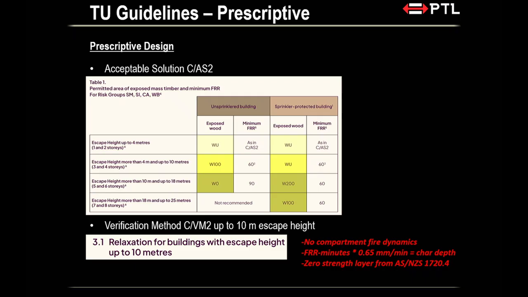So really, if I read this table, I can give you, the structural engineer, straight away the fire resistance rating for our structure. And I will tell the architect, and he or she can be happy about how much exposed wood they could have in that particular design. Now, as your building becomes more risky, naturally the amount of exposed timber you can have reduces, and the fire resistance rating goes up. So this is just reading the table. If the fire engineer happens to do performance-based design and the escape height is not too tall, inside the supplement there's also relaxation for those types of buildings. Even though you're on performance-based design, there's still an easy way to deal with timber and fire resistance rating.